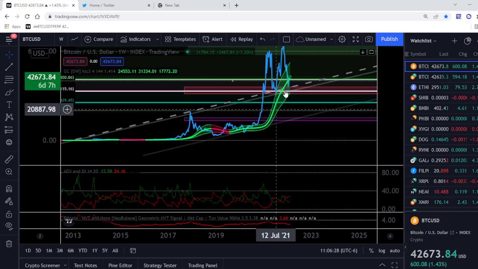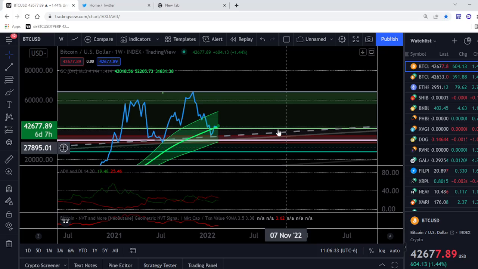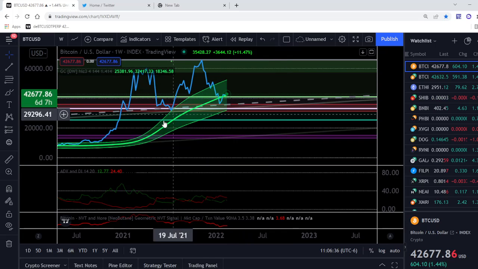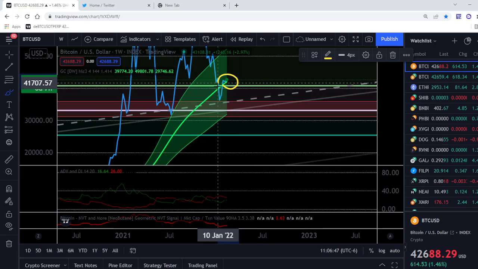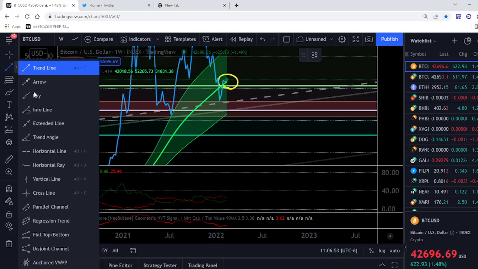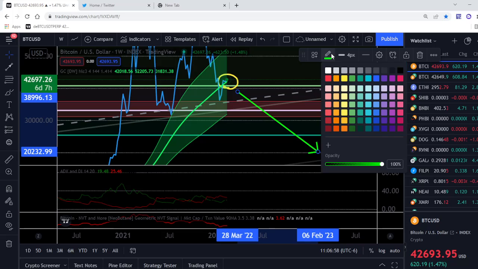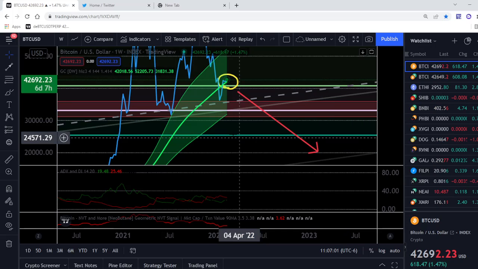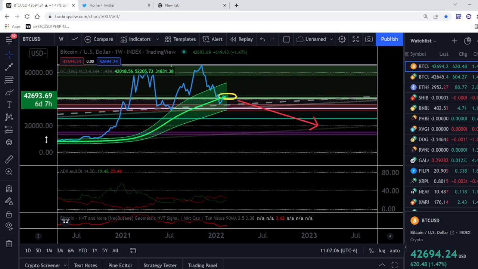So going back to the Gaussian channel on the green section, let's zoom in. It looks like we were temporarily holding support along the median line, but this area right here looks like it might break and it may become resistance. So what I'm expecting us to do is to crash. This is what I see from a simple technical analysis point of view. Why? Because